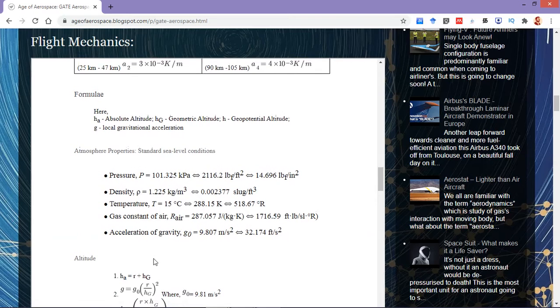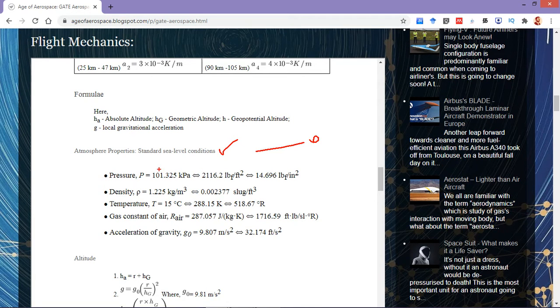Now, moving on to the formulae portion. Before getting into the formulae, we need to know the standard sea level conditions which we'll be using throughout the problem solving session, or even throughout the syllabus, and even into the propulsion portion of the GATE Aerospace Engineering. So here, the pressure at sea level condition, that is datum or zero altitude, is